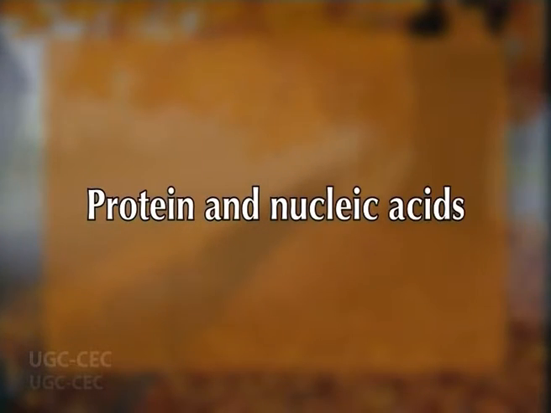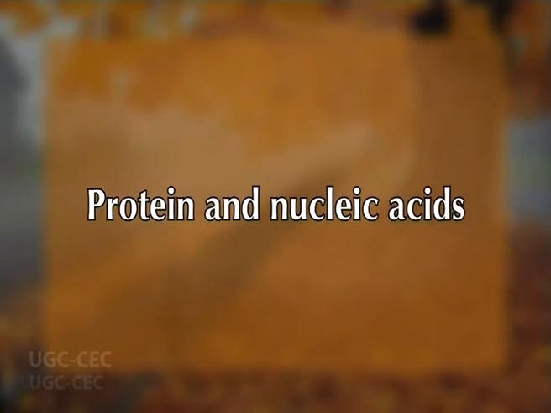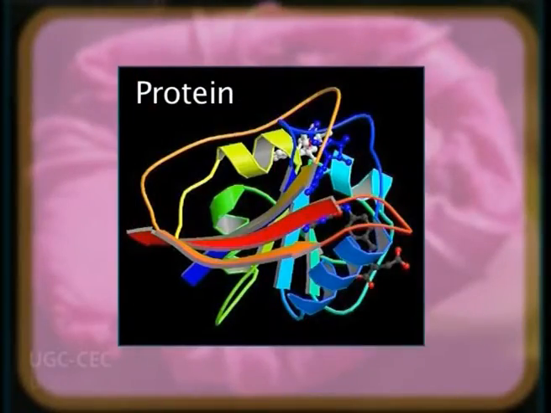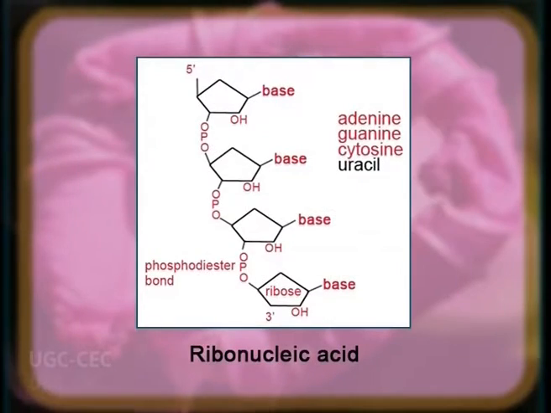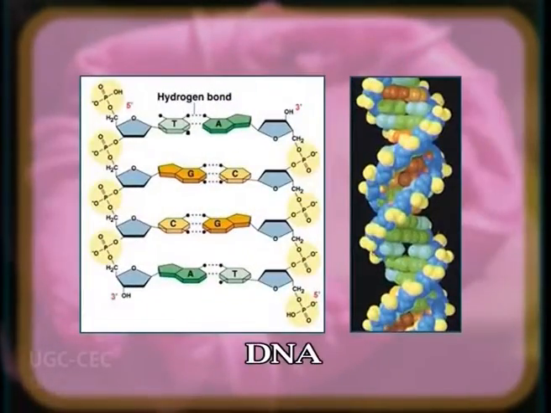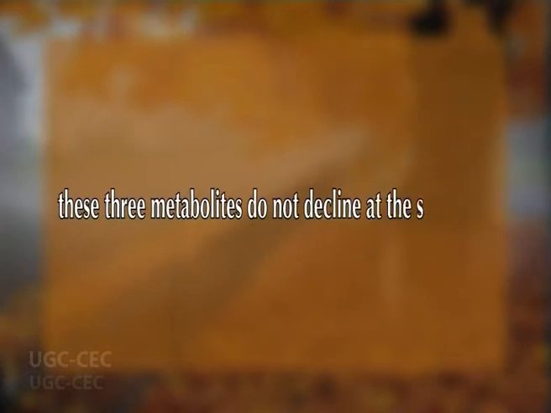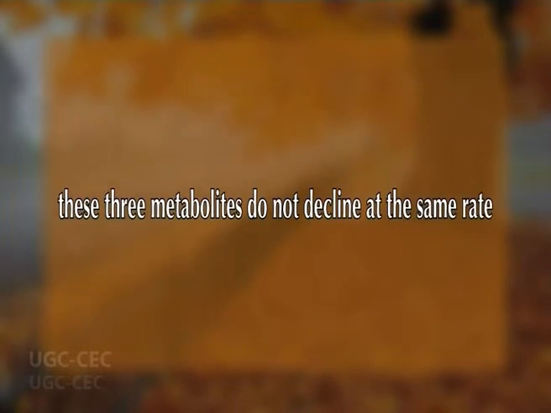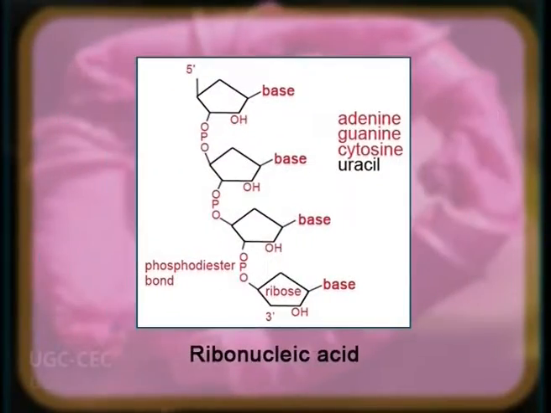Number 4. Protein and nucleic acids. The most basic of all events accompanying senescence is the decline in protein and nucleic acid levels. It has been shown that although there is a decline in protein, RNA, and DNA of senescing tissue, these three metabolites do not decline at the same rate. There is an early gradual decline in protein and RNA about the time when vegetative growth ceases, while DNA decreases